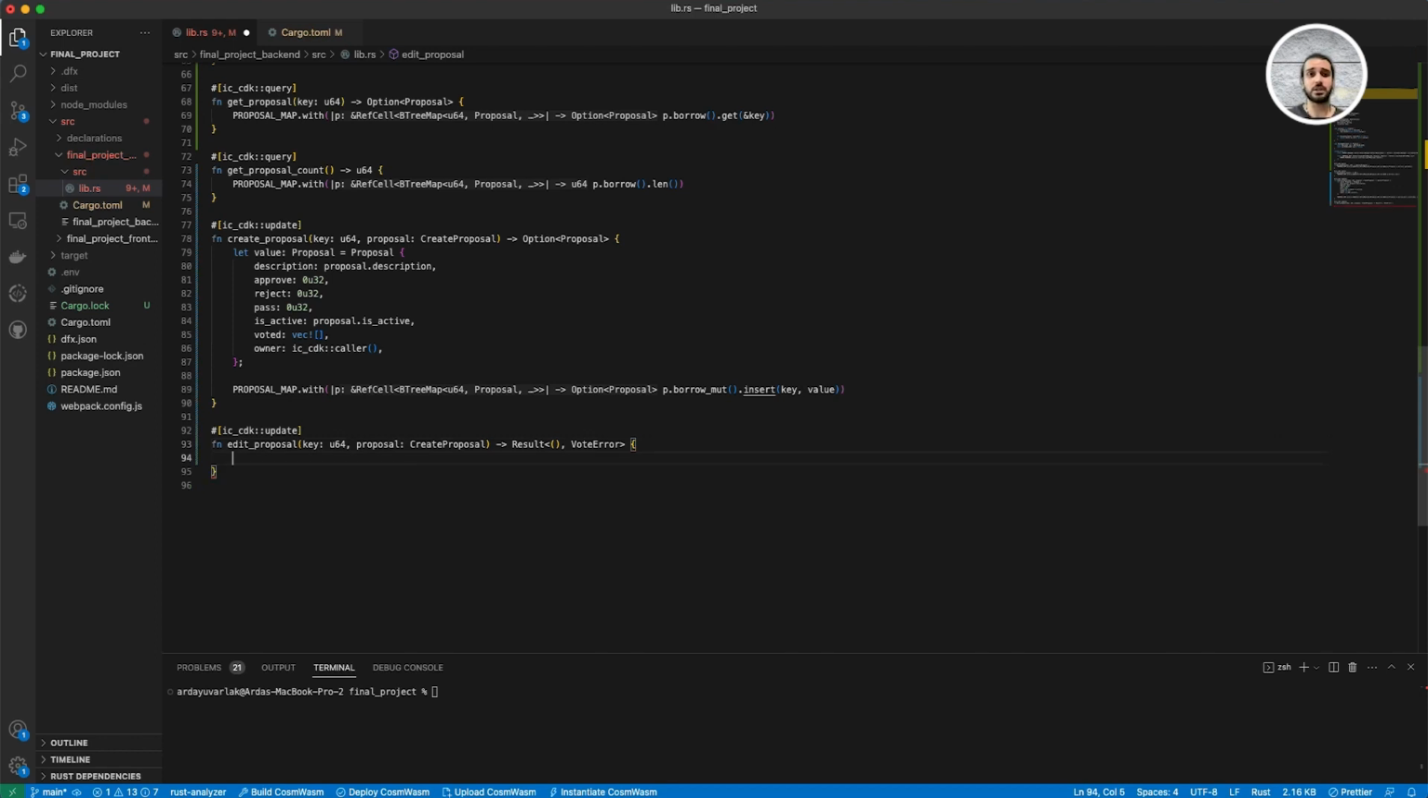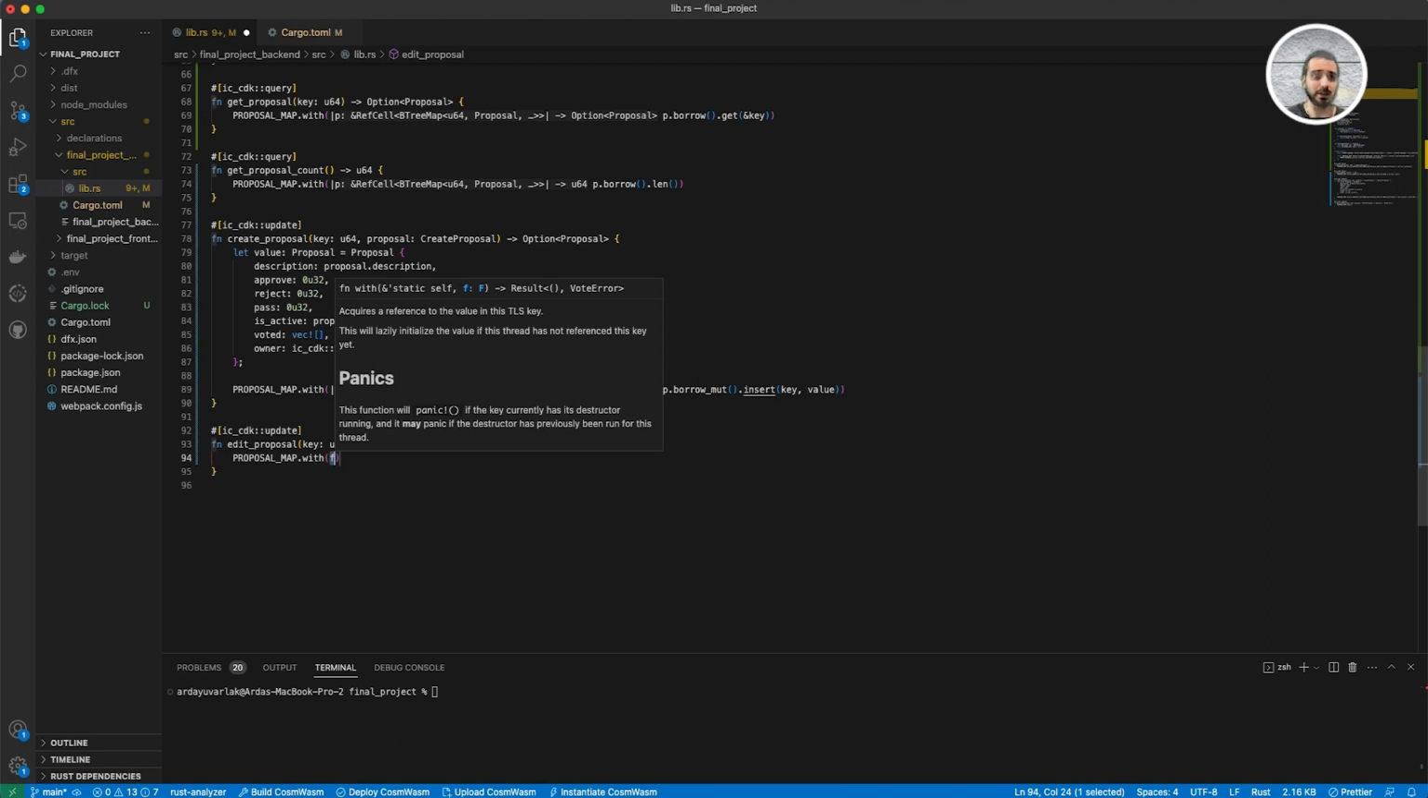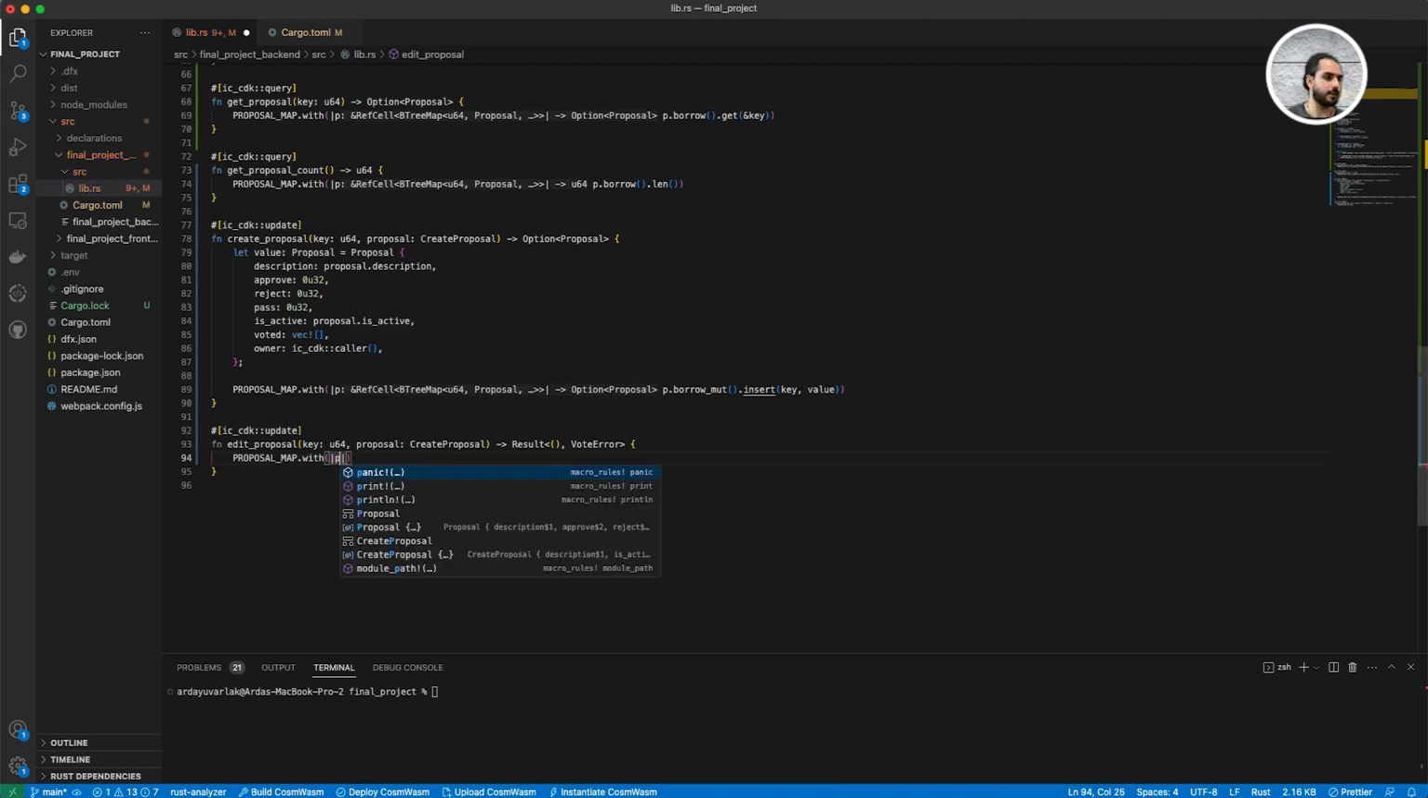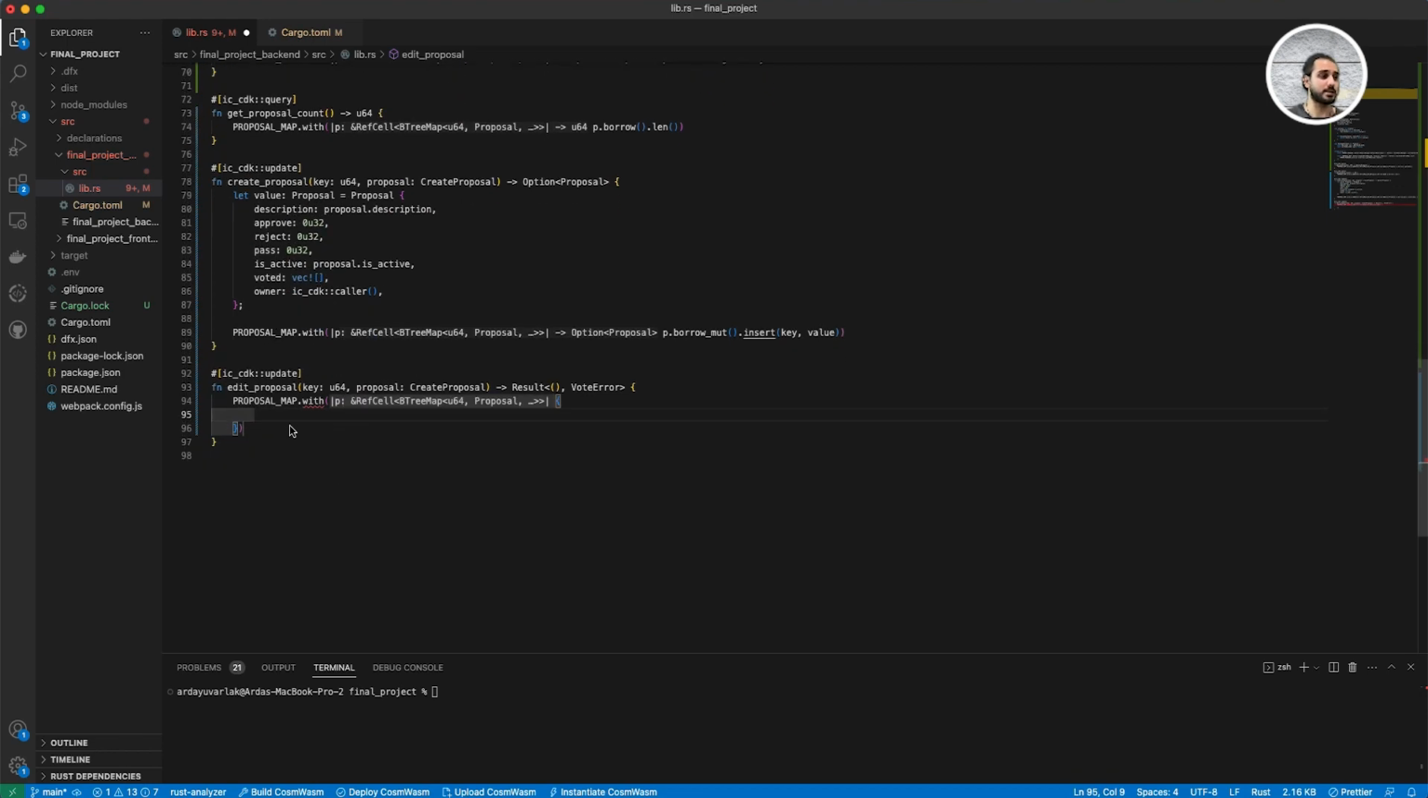And inside this function we are going to say PROPOSAL_MAP.with. I think we are used to this at this point. And inside this function, we will have our p, and we are going to use curly brackets here because it's going to be a longer one than we did before. Alright, so the first thing that we are going to do is retrieve the proposal with the given key. For that, I'm going to create a variable called old_proposal_opt, because what we are going to have is an option, and then we are going to check this option because if we have some problem, we want to return what the problem is. And this will be equal to